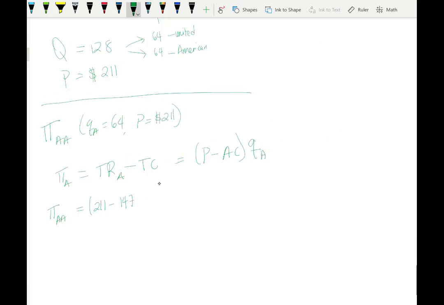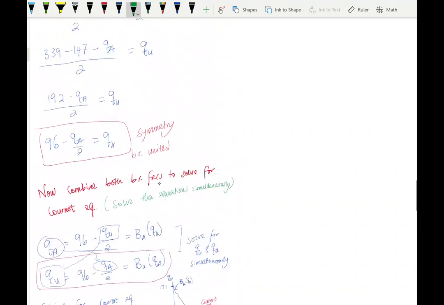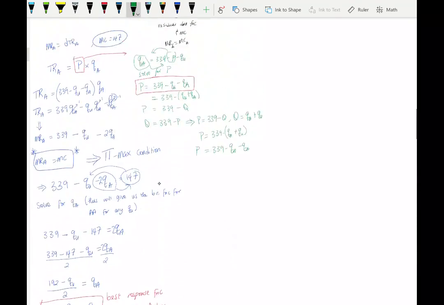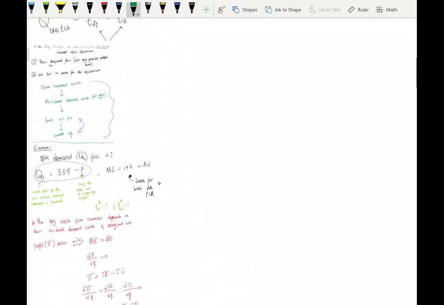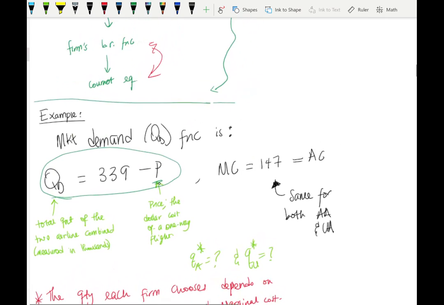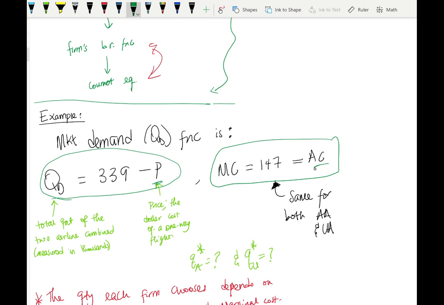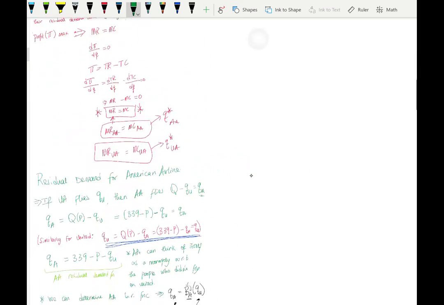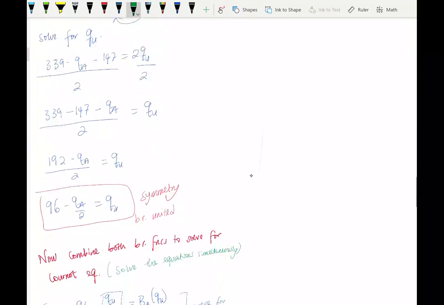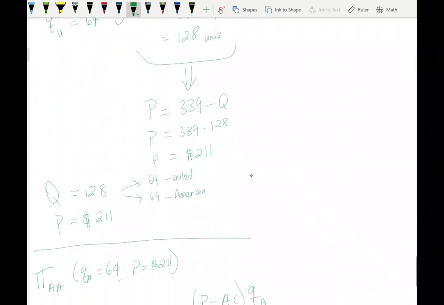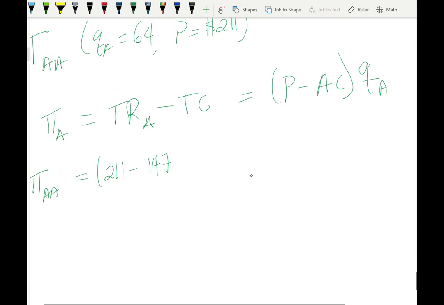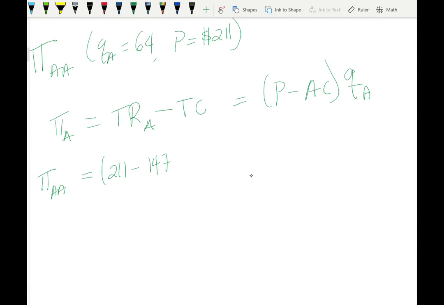If you're wondering where I got that from, remember earlier in this video when we introduced the example, it told us what the average cost is and that it's equal to the marginal cost. So going back down here to our profit calculation, we have P minus average total cost, times our quantity of 64. This will be equal to